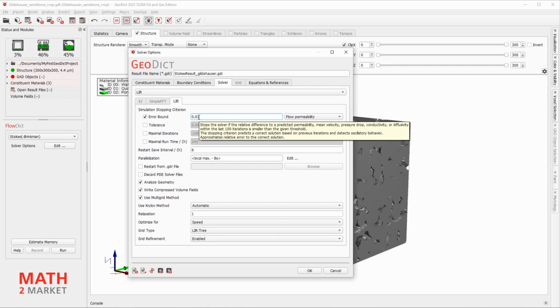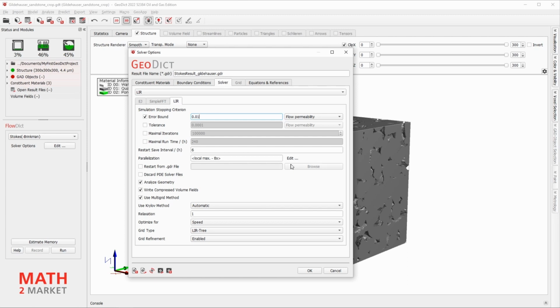As you can see in the tooltip, that would stop the solver if the relative difference of the predicted permeability or other chosen parameter within the last 100 iterations is smaller than the given threshold. For parallelization, please choose your local maximum parallelization.